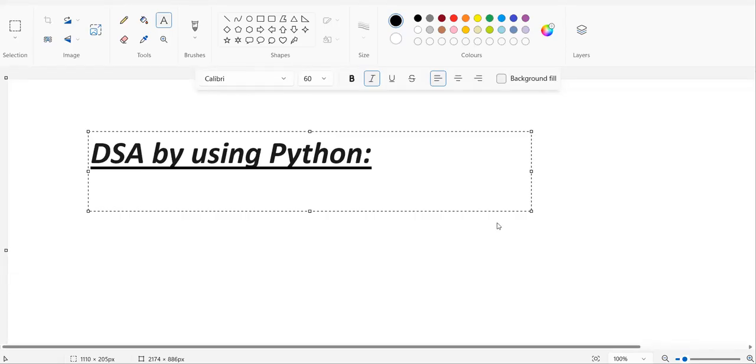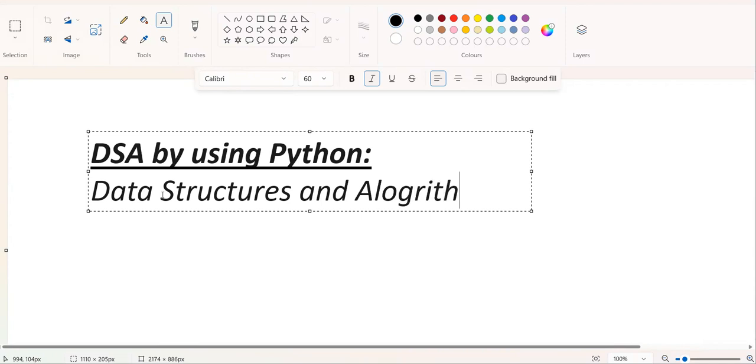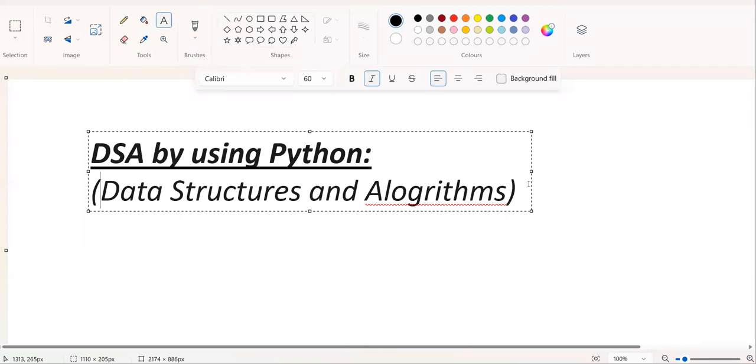In this playlist, we are going to explain DSA, data structures and algorithms using Python. So let us have a question. How are data structures and algorithms used, and why do we need to learn these codes? Coming to answer this question,